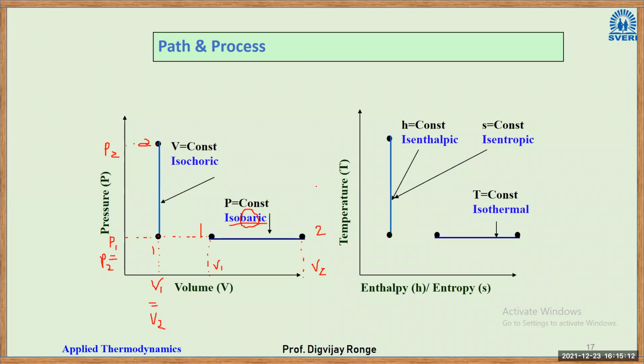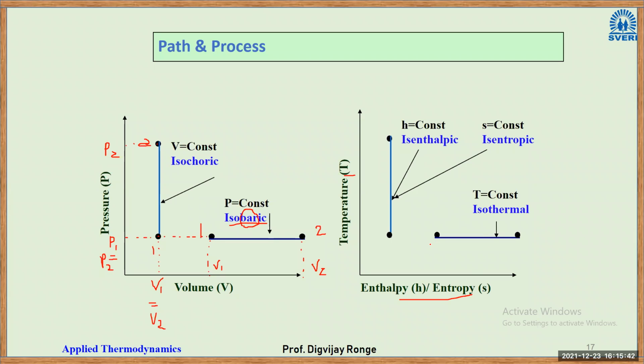Now next we have another process. Let us take this one, the isothermal process. So we have a chart, temperature versus enthalpy or entropy. Now in this case, what is enthalpy? What is entropy? Let us set it aside because those concepts are yet to be taught. But enthalpy, I can tell you, is a form of energy. Entropy, again, is a form of randomness.